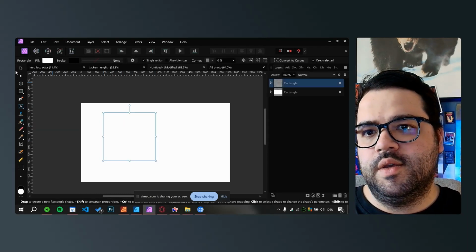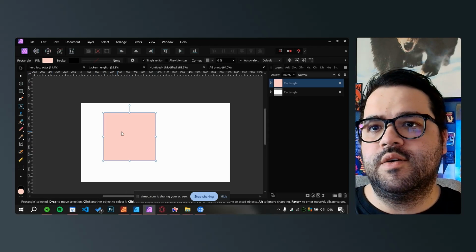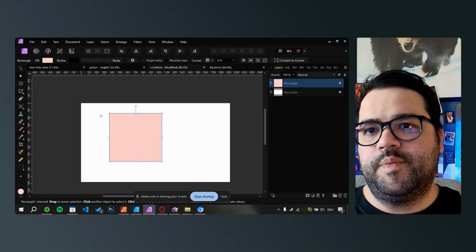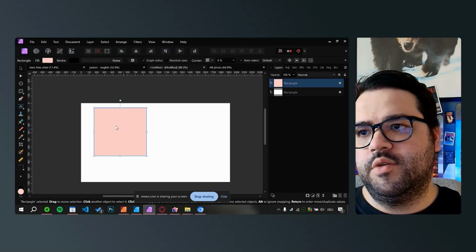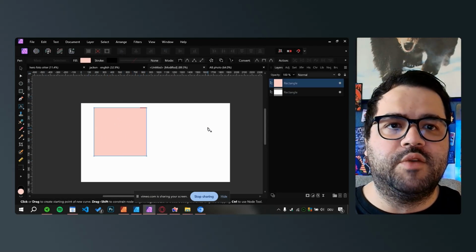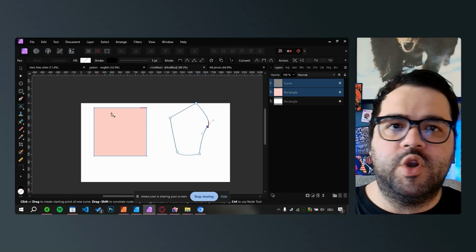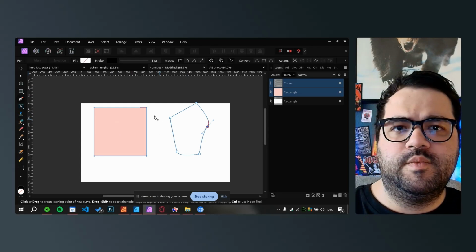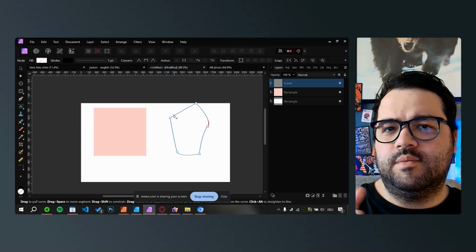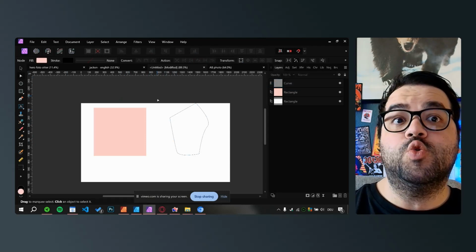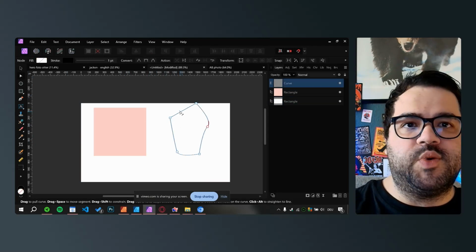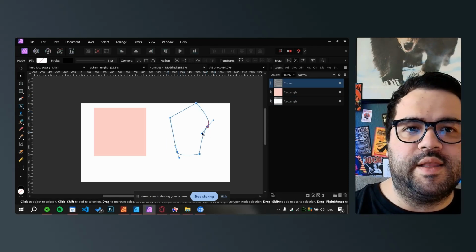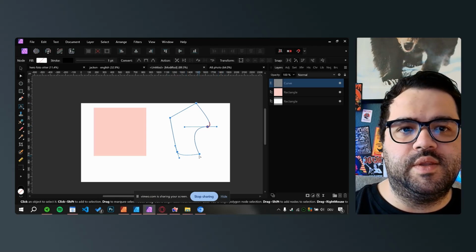So let's draw something. You can just create a rectangle, and then you get to select it, and then here you get to select the different nodes, right? If you want, we can draw whatever shape you want. The pen tool works very much like the pen tool in Illustrator, but it's not a vector here. So the difference being, this is not a vector working file. Okay, that's very important. This is what Affinity Designer is for, and I'll show you in a second what we can do about that. So you get the node selection tool where you can play with the points, right,